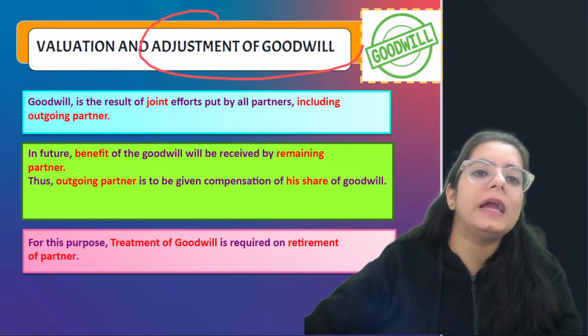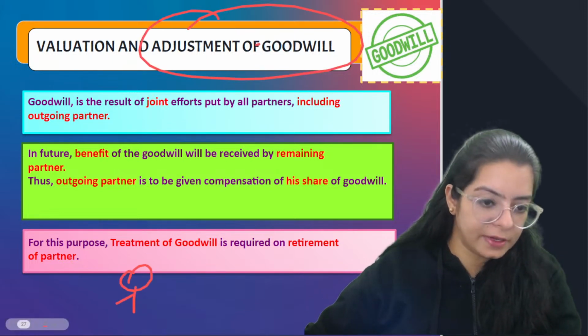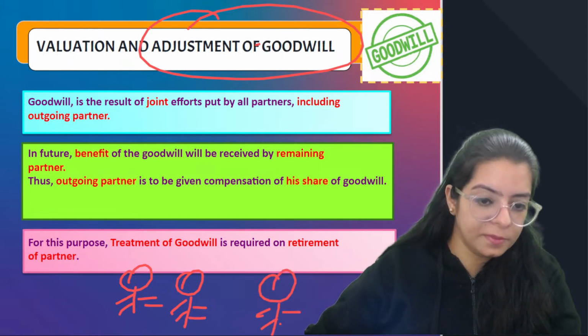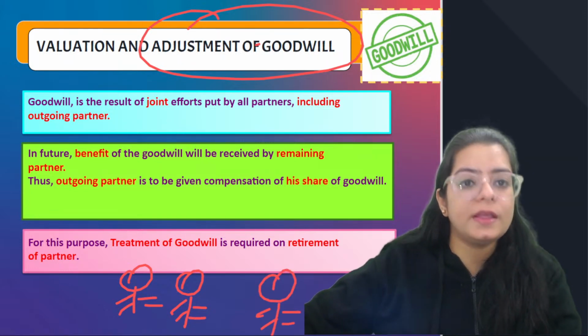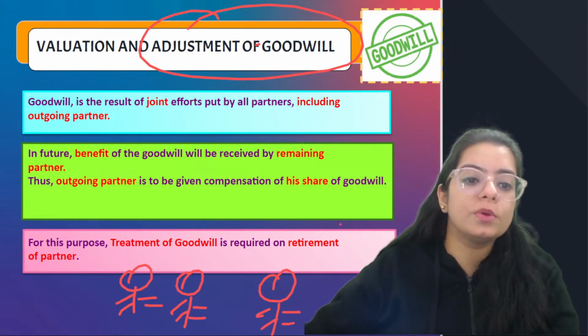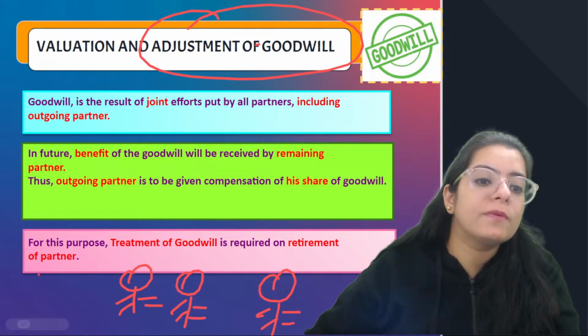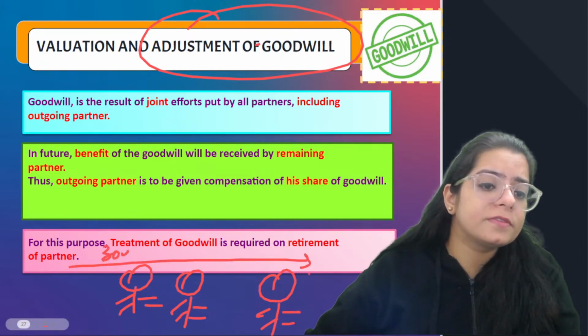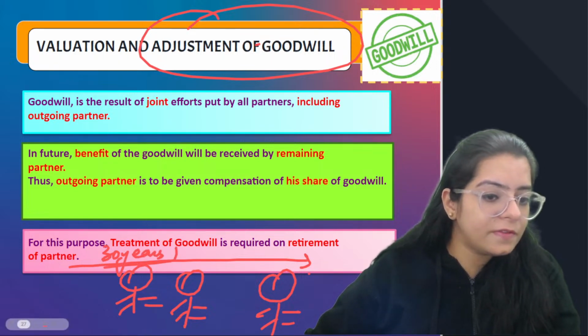What happens to goodwill at the time of retirement of a partner, beta? If a partner is leaving the firm, at that moment he is going to say that whatever goodwill you have created, whatever goodwill is created for this business, I was also part of that. Let's say they were running the business for the past 3 years, so they must have created goodwill,